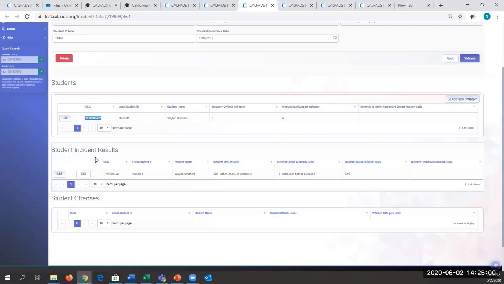The student incident results, the SIRS, shows me that the student received other means of correction, and the disciplinary authority or the incident results authority was school or district personnel. And the duration of those other means of correction was not even a day. So I'll leave it to your imagination what may have happened,